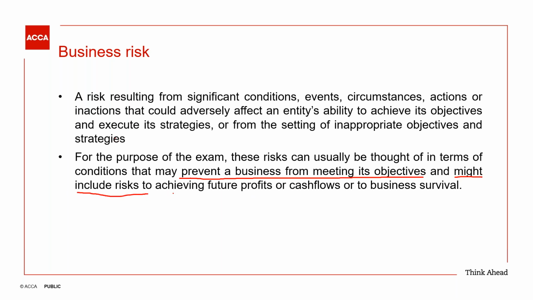And that might include risk to achieving future profits. So is business risk only in the present, or can business risk also be in the future? Are we just thinking about the business risk in the present in the case study, or are we also thinking about something which can impact your future profits? The examiner is saying you should also identify risks which could impact the future profits of the business, the cash flows of the business, and even the going concern of the business. So you're also looking at risk in the future in the case study. Is that clear to everyone?